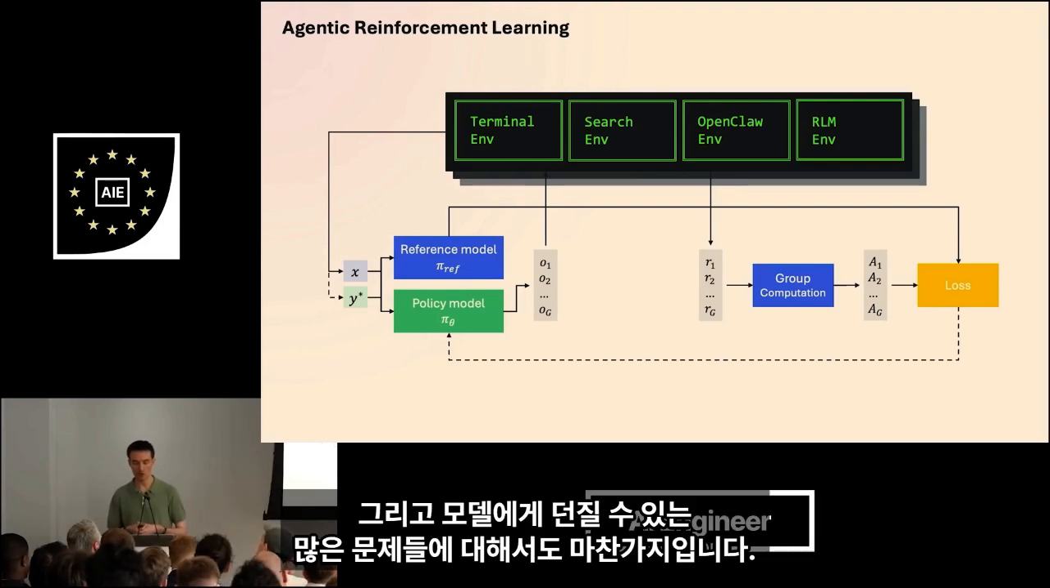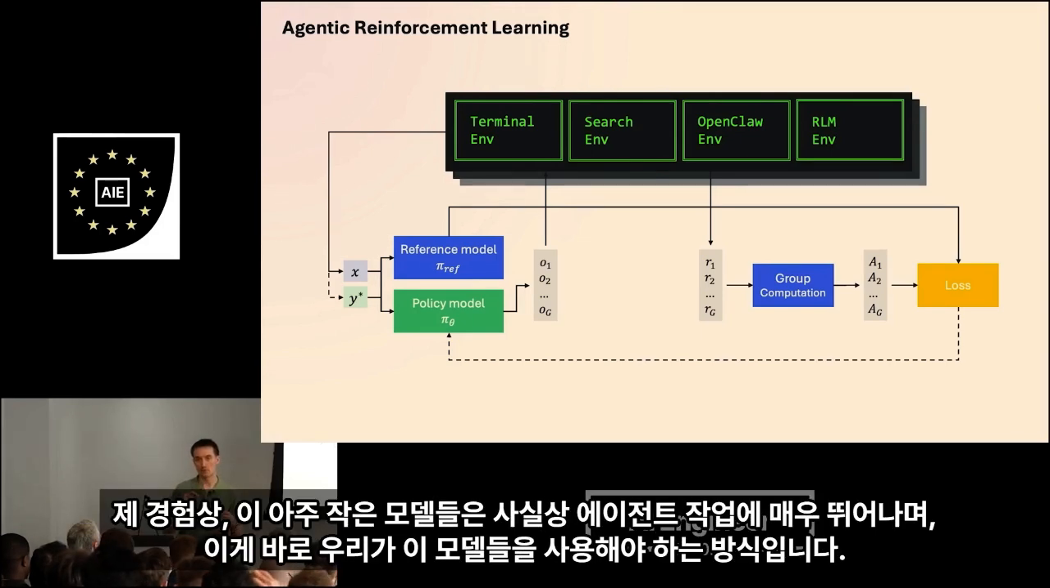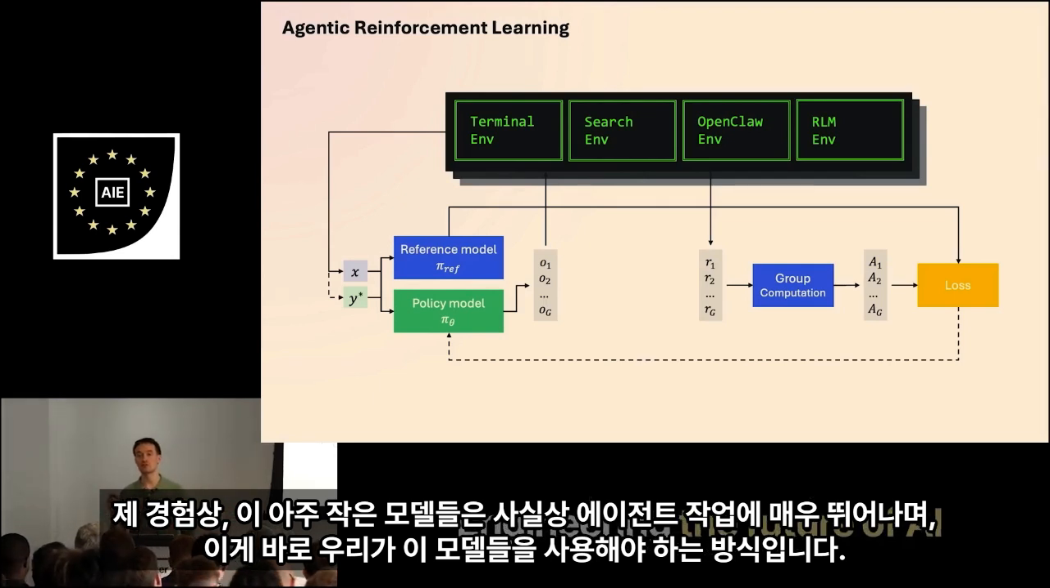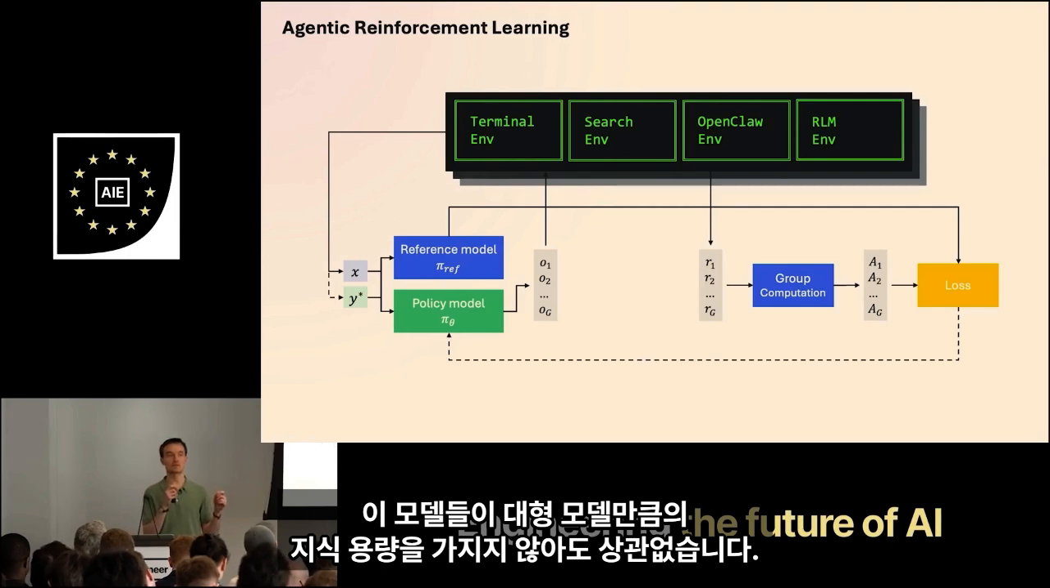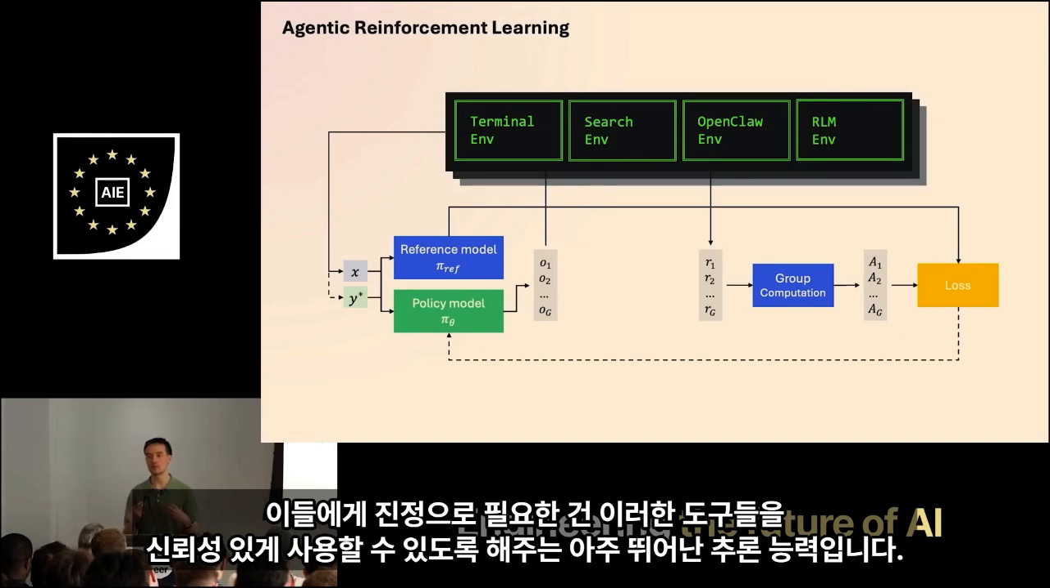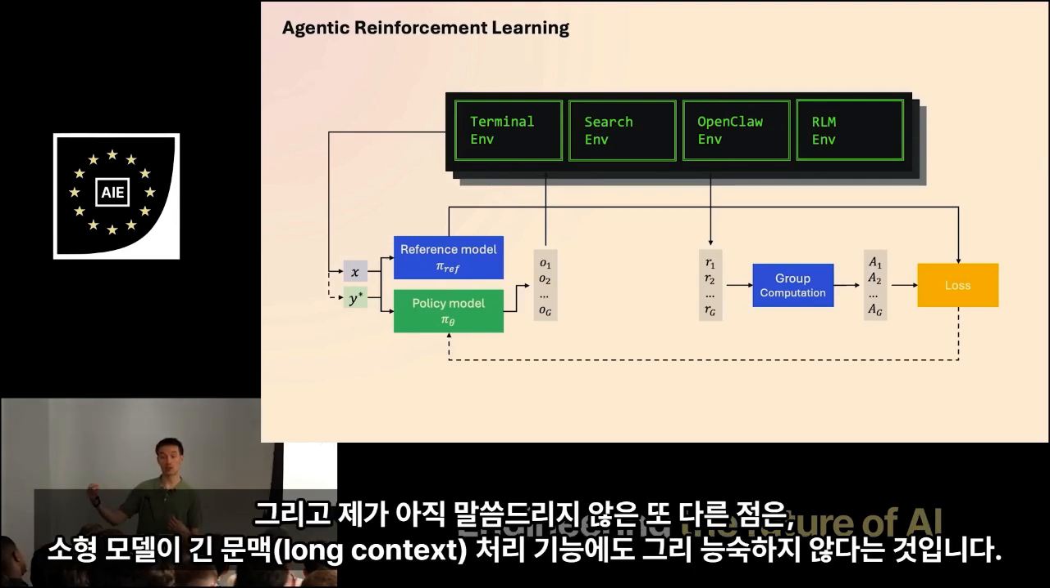And same thing with a lot of problems that you can throw at the model. I think that from experience, these tiny models are actually very good at agentic tasks, and this is how we should use them. It doesn't matter if they don't have the knowledge capacity of big models. What they truly need is really good reasoning capabilities to make sure that they are able to use these tools in a reliable manner. And another point that I haven't mentioned here is that small models are also not very